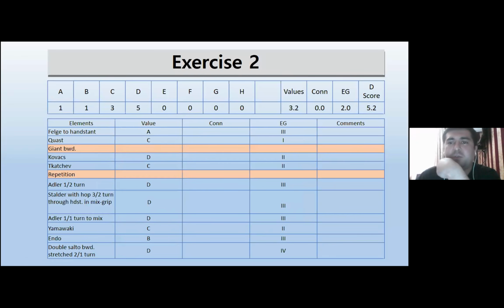Connection bonus is 0, value is 3.2, element groups 2.0.